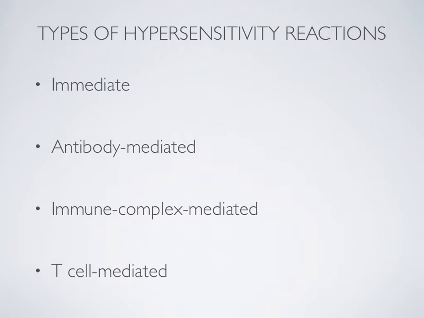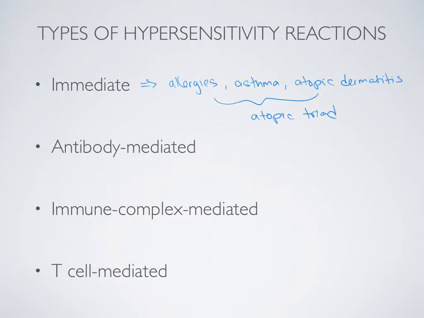So immediate hypersensitivity is what we've just been talking about. These are your allergies. We'll talk about the mechanism in just a few minutes. Also included in this is asthma and atopic dermatitis. These three together are your atopic triad. These diseases are what is on the rise in industrialized nations. And if you have one, you're more likely to have another. So if you have atopic dermatitis, you're more likely to also have asthma, or to have a family member with them. So there is some kind of genetic